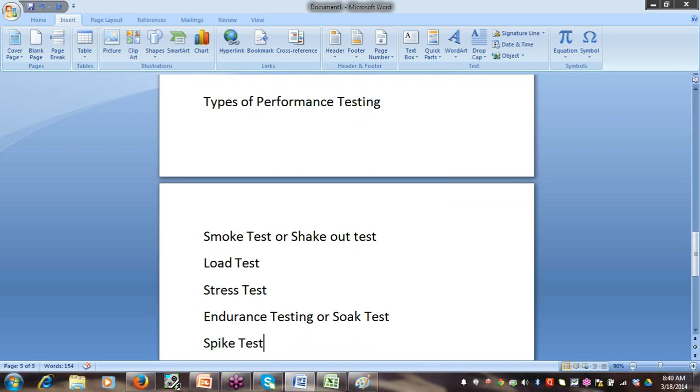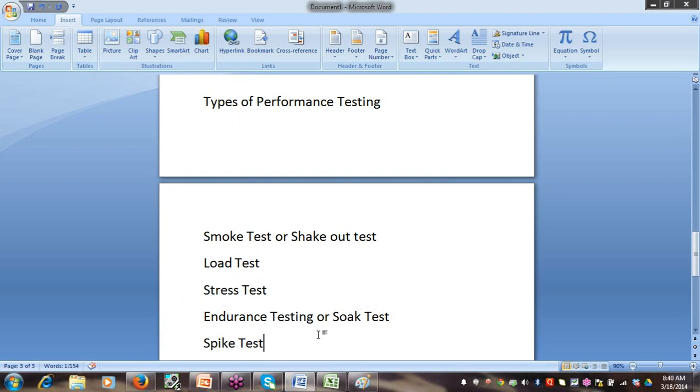We will see how each differs from one another going ahead, because right now just going through the definitions will not make sense. So just listing them, and then when we see how they are different and how we design the scenario, that would make sense. Okay team, so I am just listing the types of performance testing here.